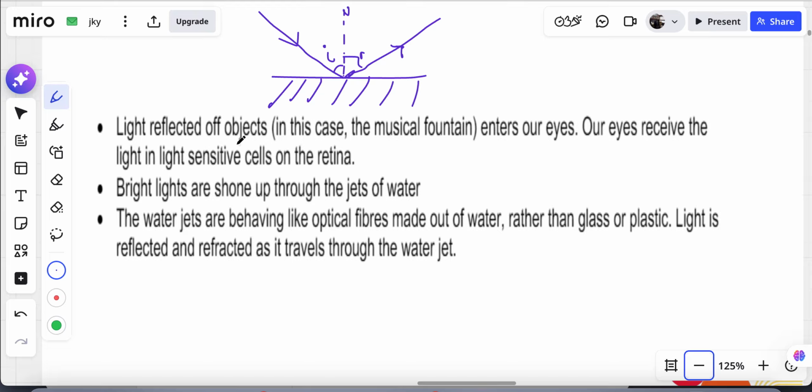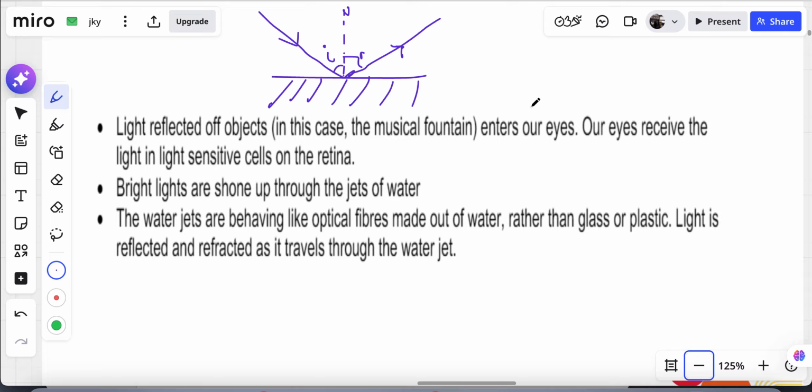When it hits a surface, depending on the surface, if it's a smooth surface, then it will be regular reflection. Regular reflection means the light is reflected equally. The angle of incidence and the angle of reflection will be equal. Okay? And if it's a rough surface, it will be reflected